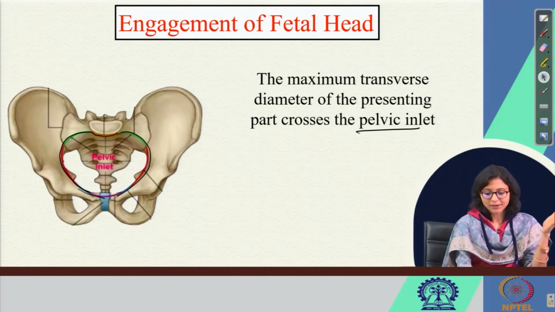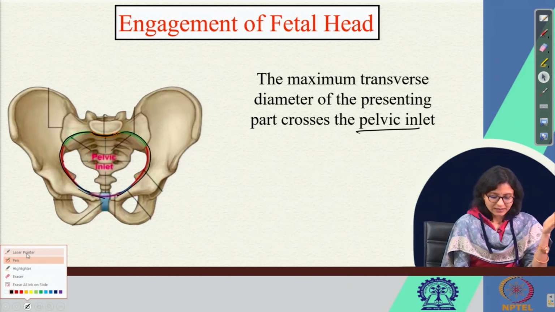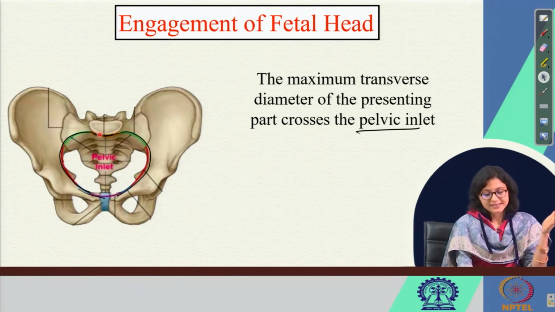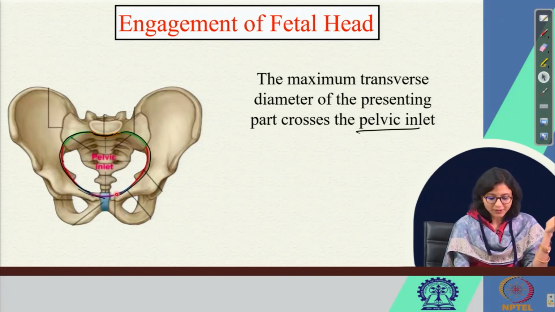So if I say one by one, this is the sacrum, the sacral promontory, then the ala of the sacrum, then the sacroiliac joint, then the iliopectineal line, then the iliopectineal eminence, then the superior border of the ischiopubic ramus, then the pubic crest, pubic tubercle, then the pubic crest, and then the superior border of the symphysis pubis, and the other way round.